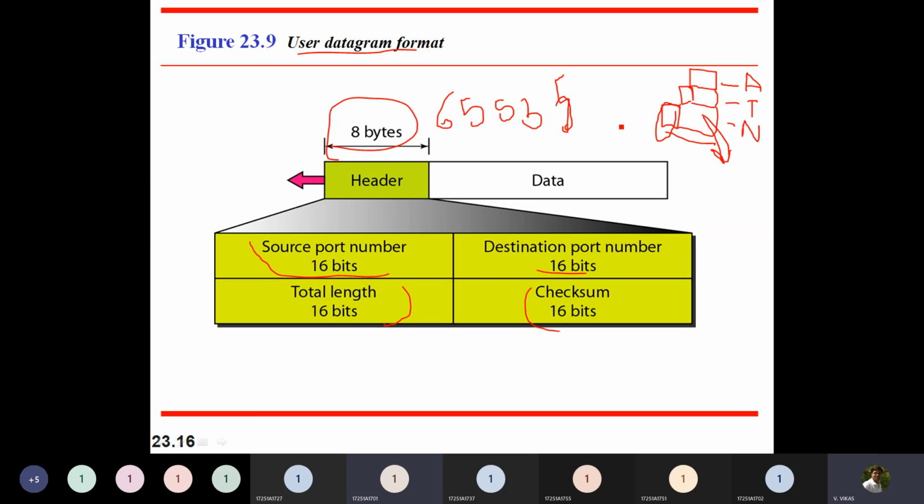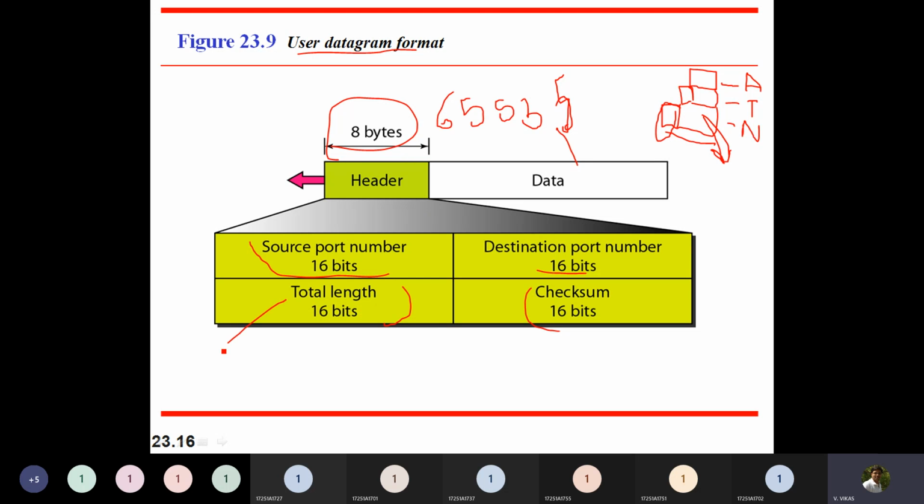Sir, how 507? See, for 507 you add 8 bytes, it will be 515. Again the IP header consumes 20 bytes, so it is 535. So at the IP layer the maximum size possible is 65,535, out of which 20 bytes is header. If the data itself is 65,535, and I add 8 bytes, it will become